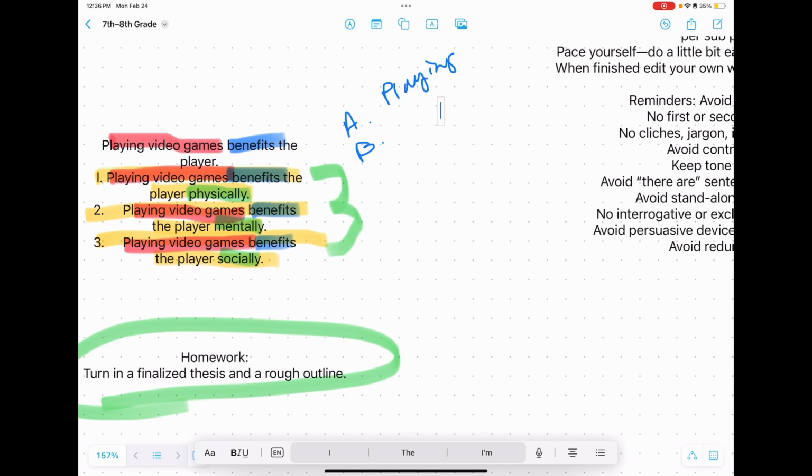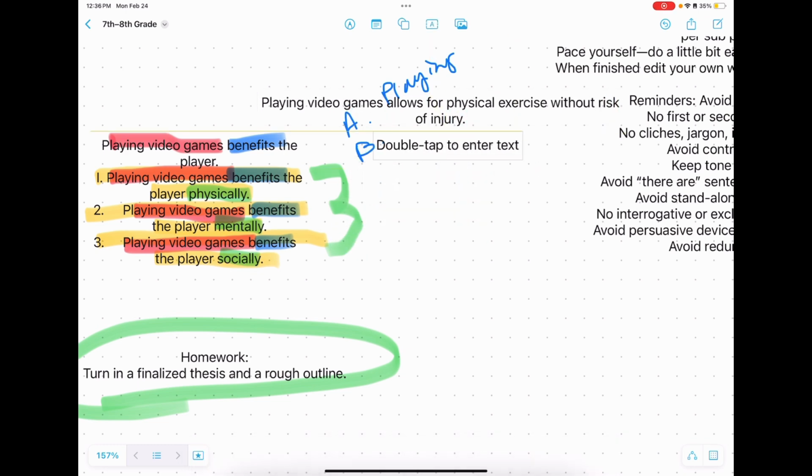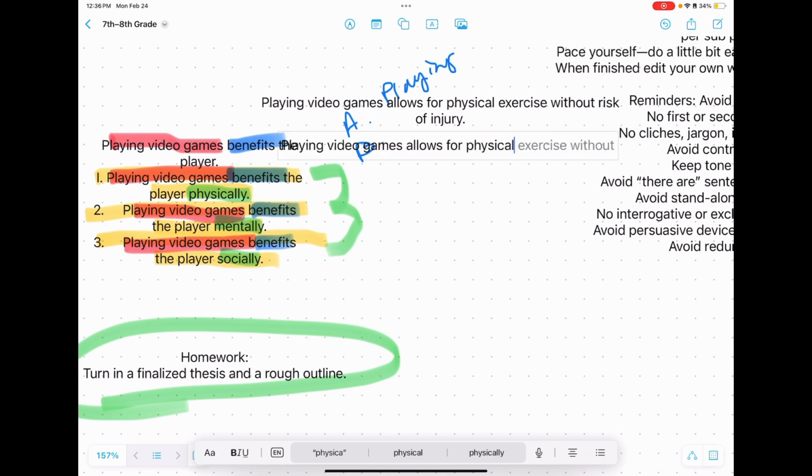I'm probably going to make a mess here, but playing video games allows for physical exercise without risk of injury. That was one of the things we kind of talked about. And then for B, I'd put playing video games allows for physical exercise